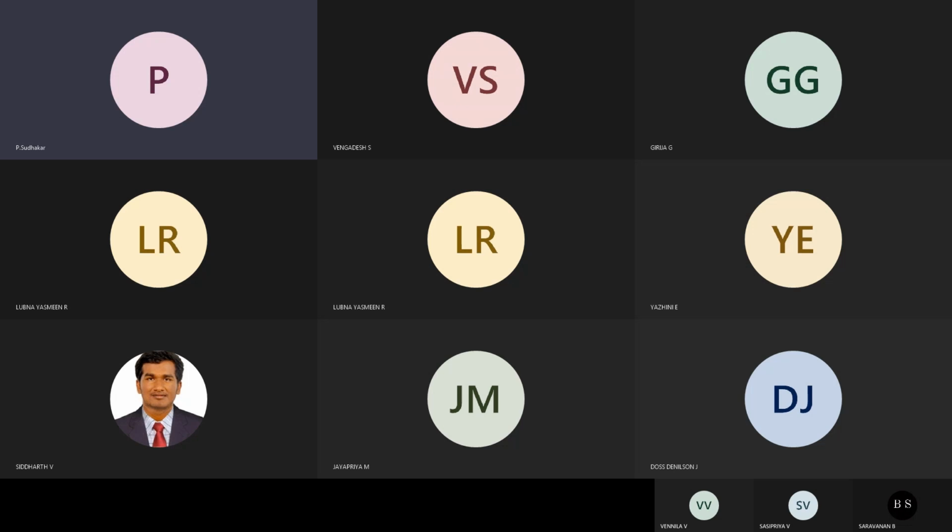So Rayleigh number is Gr into Pr. The Gr formula is g, the acceleration due to gravity, into beta, that is the inverse of the mean temperature, into delta T, that is the difference between glass and plate temperature, into L cube. So length cube, where length is the distance between the plate and glass.